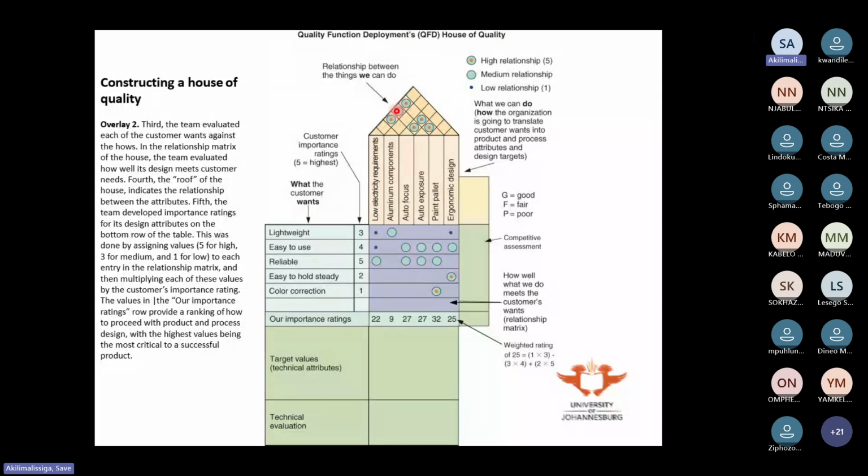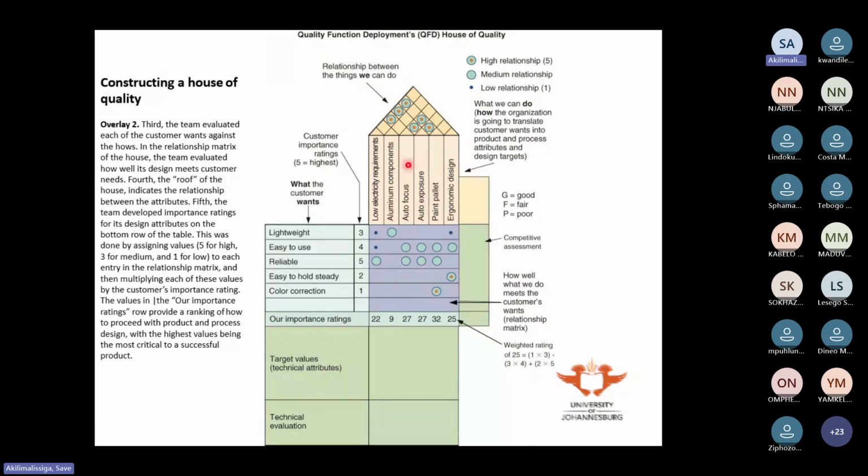In this case, we do have this symbol here, and this symbol suggests that there is a high relationship between low electricity requirements and auto exposure. The same applies to the remaining relationship levels. Here you will also read the same way. You just need to know how to extend the column so that you can see that intersection, and then you input the appropriate